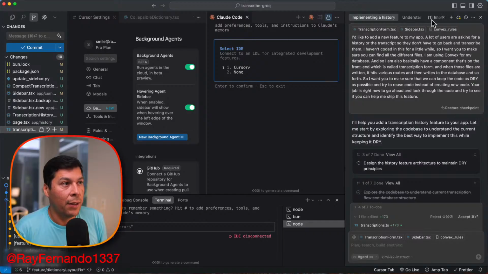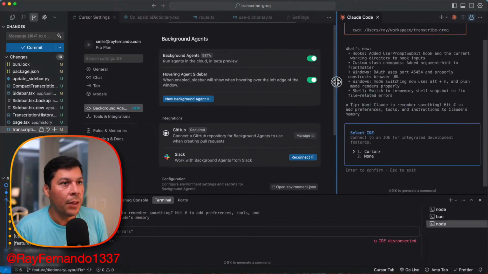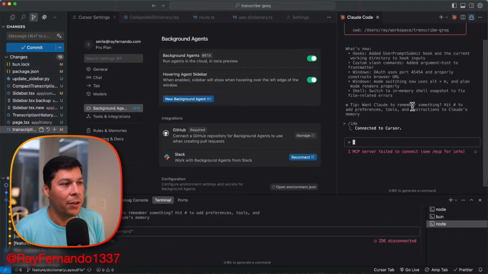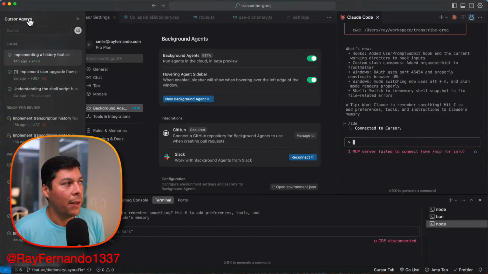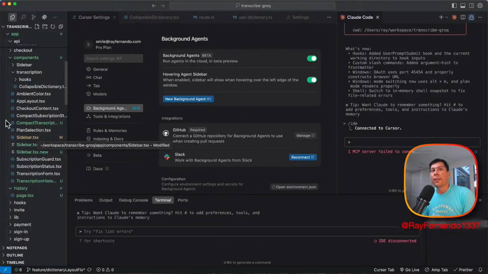So the way that I do it is I tend to hide my agents if I'm using Claude Code just in Cursor. And so now, as you can see, Claude Code takes over this space on the right-hand side. So this now basically acts like my agentic workflow. And I work quite a bit this way as well. There are some times where I just want to go really ham and just bang out ideas with Claude Code and not have to worry about any limits. That's what I do. And once you select Cursor for the IDE integration, you'll see that the IDE is integrated. And then when you actually go to select files on the left-hand side here in this toolbar, you can just select any file.